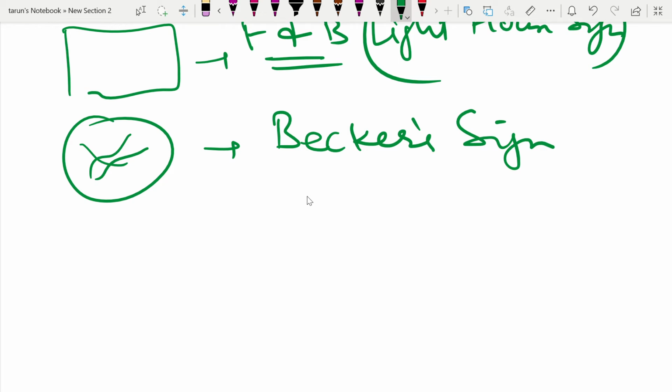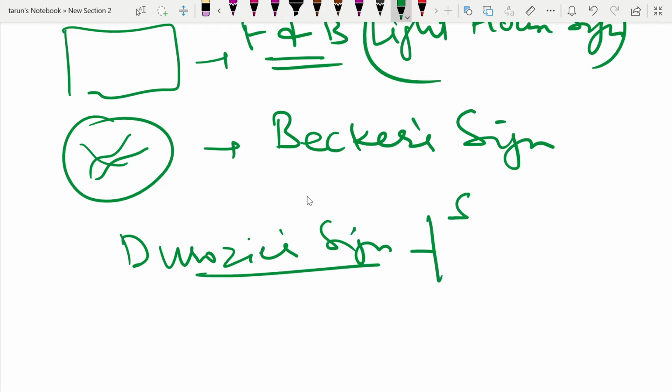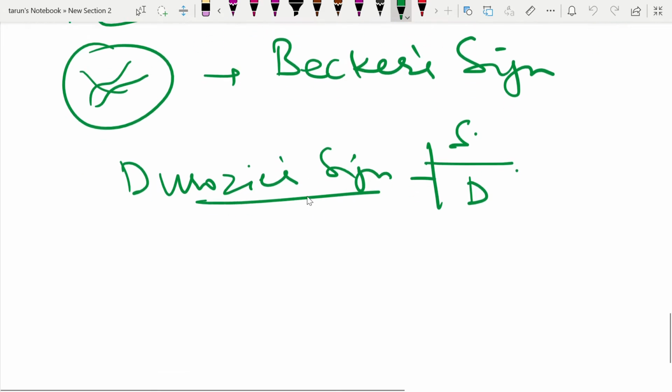But what is Drogius sign? Proximal compression produces the systolic murmur and distal compression produces the diastolic murmur. It is produced after adjusting the pressure of the stethoscope, that is the Drogius sign. So Drogius sign is systolic and diastolic murmur depending upon the adjustment of the pressure proximally or distally. Then we will move on to another question.